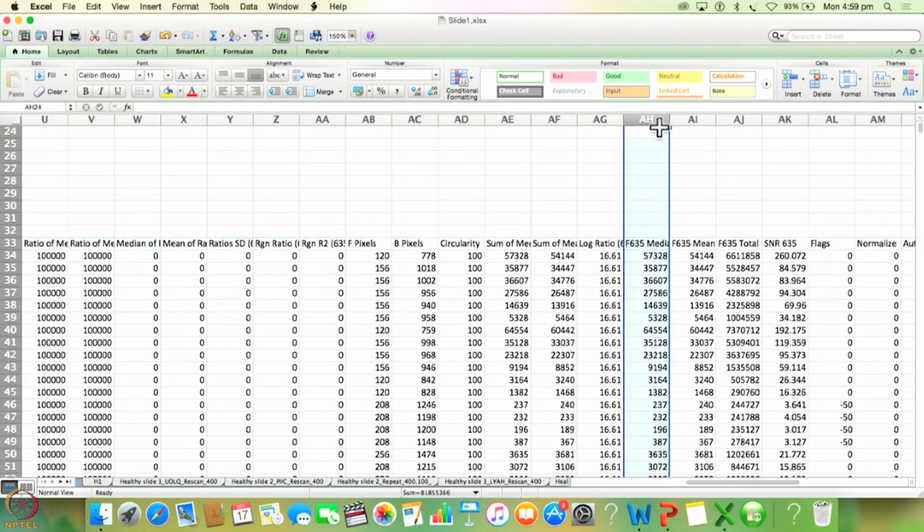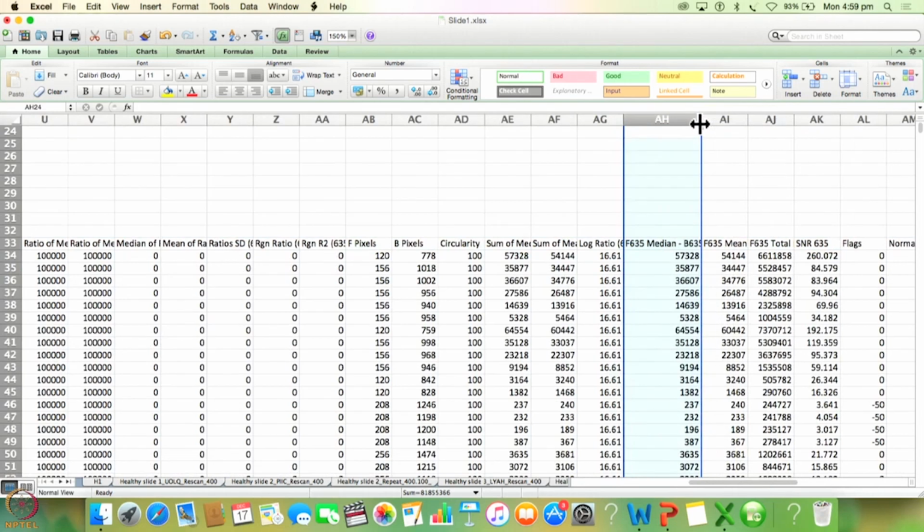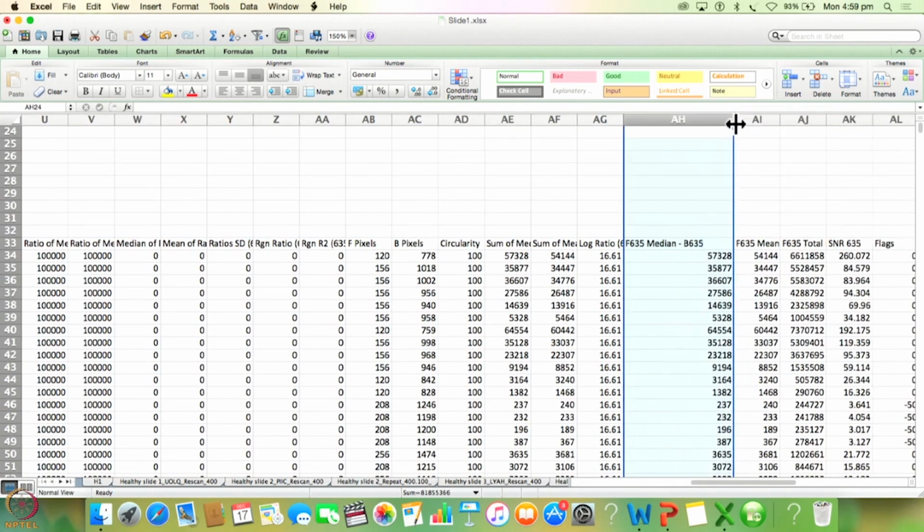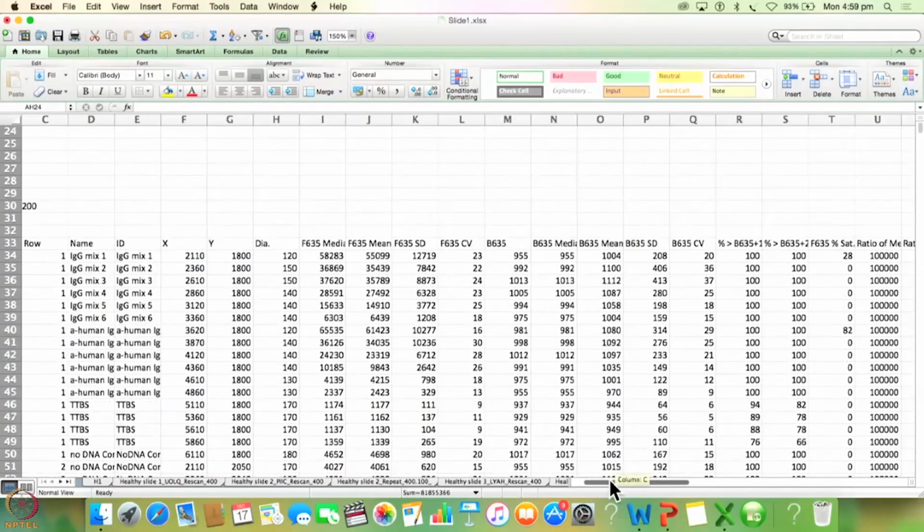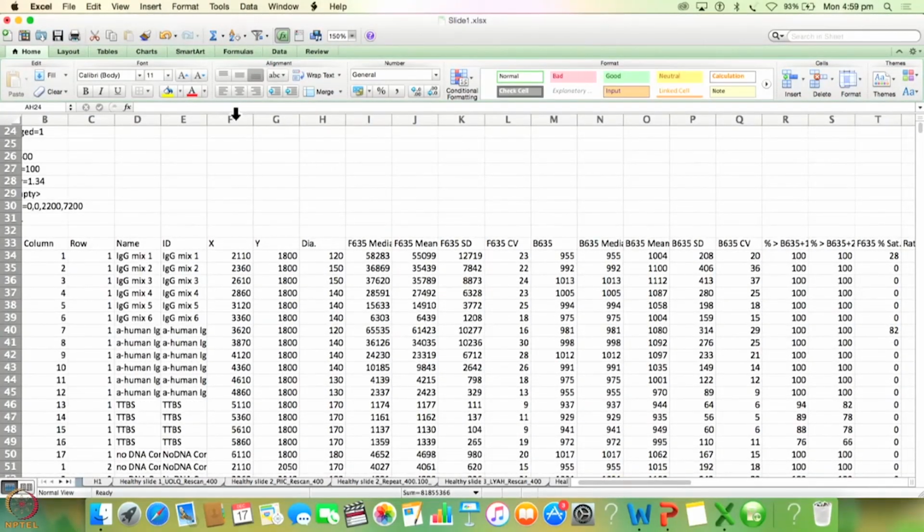You see column AH here. This is basically your F635 median minus B635, which is your background-subtracted signal. This is the column which we extract and use for analysis, and we do not need any other column here. So I am going to first delete all unwanted columns